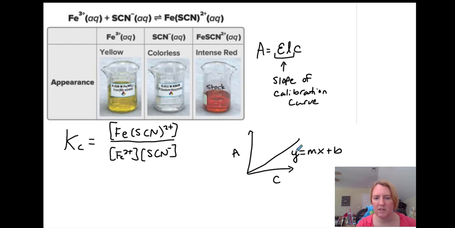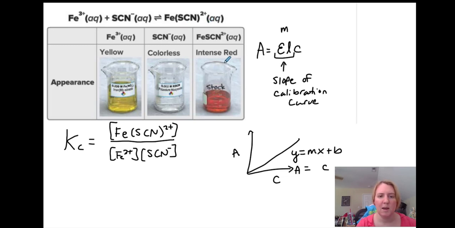So on this line, y equals mx plus b, y is going to be our absorbance, x is going to be our concentration, b should be pretty close to 0, and then m is going to be this absorptivity times path length constant. Once we have calculated what this is, in the second part of the experiment, we're going to set up a series of different initial concentrations of our two reactants, mix them together so that we are producing an equilibrium reaction that has all three